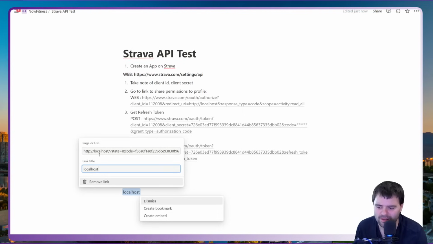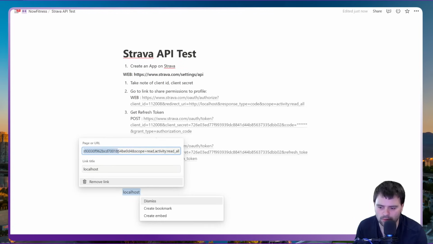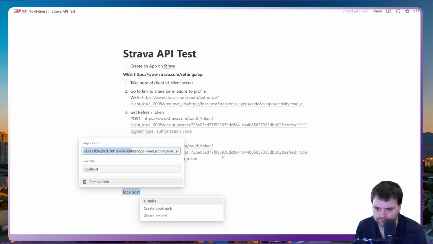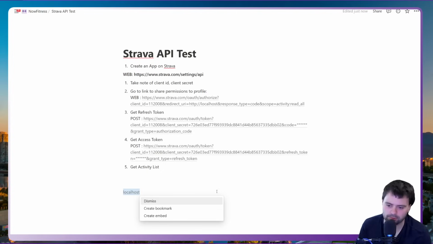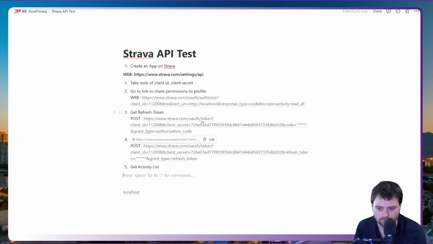So it came up with this in the URL, and there's obviously something that we need to parse when this comes back on our kind of portal. But interestingly, it's come back with this code here. Now, this code is our authorization code. And we'll need that, first of all, to be able to retrieve the likes of a refresh token. So if we look down into here, into this